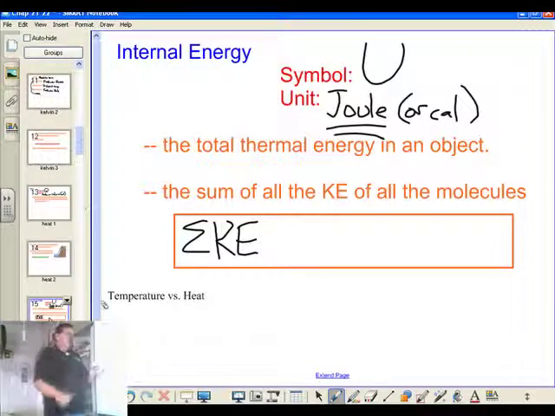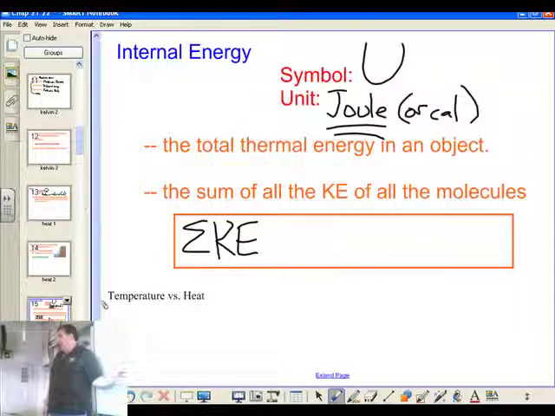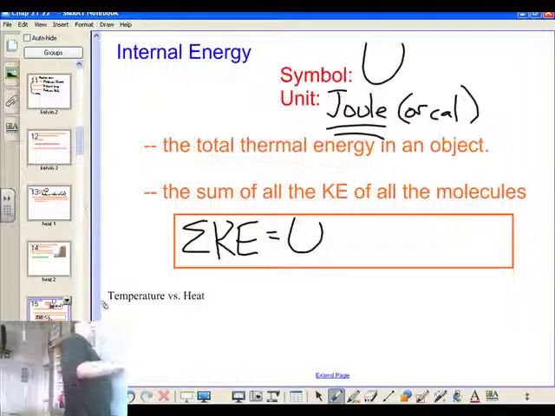Kinetic energy. Do you guys also understand this symbol here? The Greek letter sigma means sum. It's a math symbol. It means you sum up all the kinetic energies. That's what that means. And that's going to equal U, which is also going to equal N, which would be